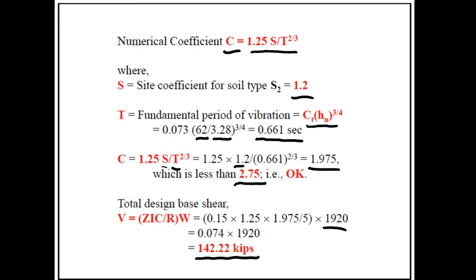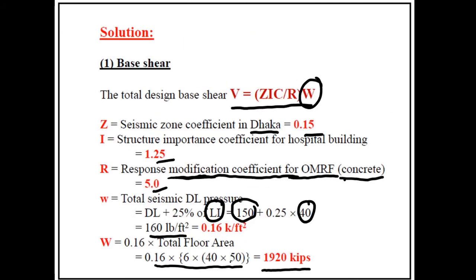So we can see here that the load in each story was 0.16 kip per feet square. In each story, for six stories it was 1920. So for each story it will be 1920 divided by 6, which is 320. So plugging the value of 320